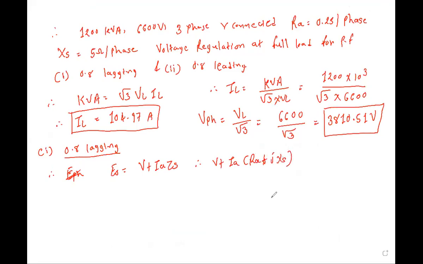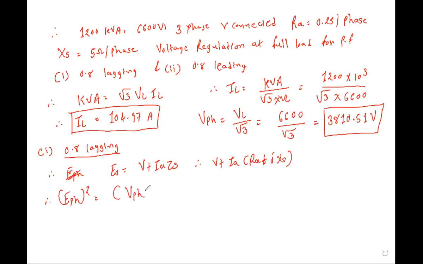But we cannot use this RA plus jXS directly, because they are different components, and we have power factor also. So actually the equation is, we square this one. So EPH square is equal to